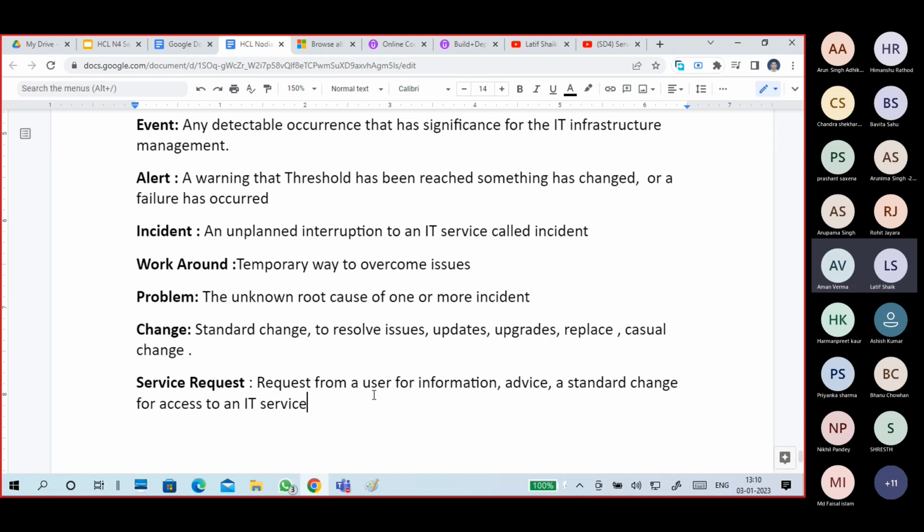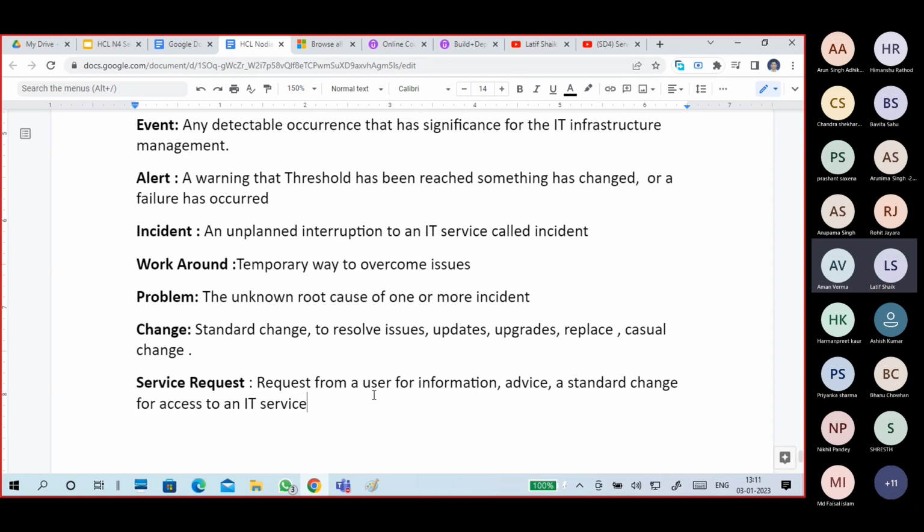Guys, in the ticket I told only three: incident, service request, and alerts. Okay, so when an incident occurs, we consider it an incident. But when multiple incidents are there, like linked tickets, to link all these things we have to consider these incidents as a problem.